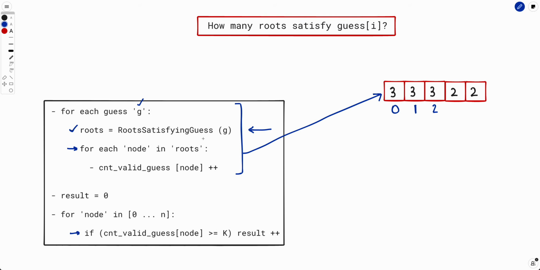over all the guesses. Now we have reversed the loop. Previously we were iterating over all the trees, and then inside each tree we were iterating over all the guesses. So we have now reversed this loop. We are saying that, okay, we will iterate over all the guesses. Now inside this, we need to find which rooted trees can satisfy